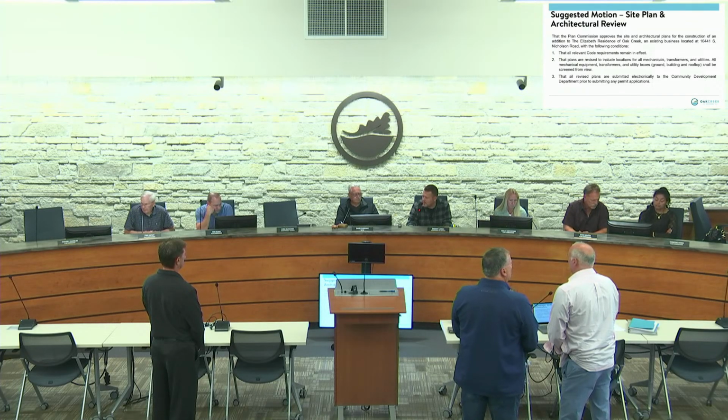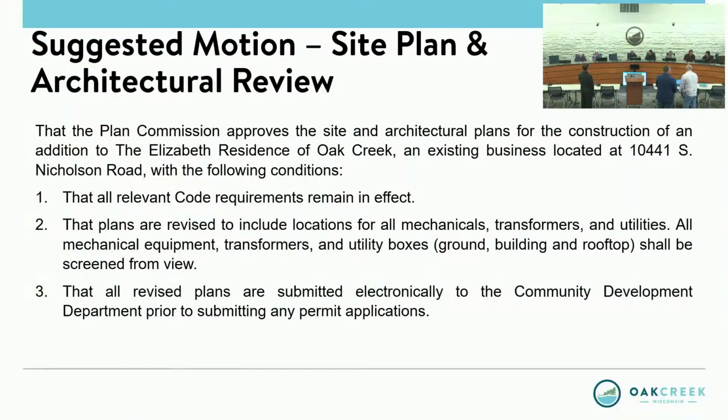All mechanical equipment, transformers, and utility boxes, ground, building, and rooftop shall be screened from view. 3, that all revised plans are submitted electronically to the Community Development Department prior to submitting any permit applications.